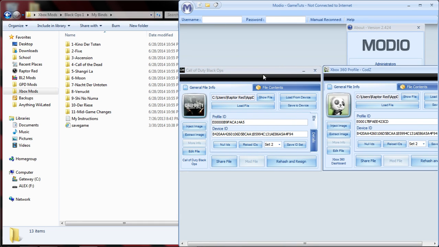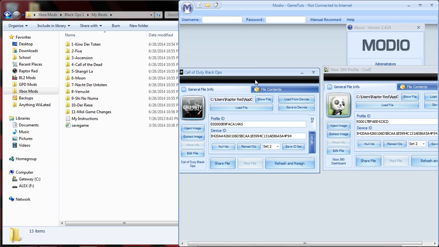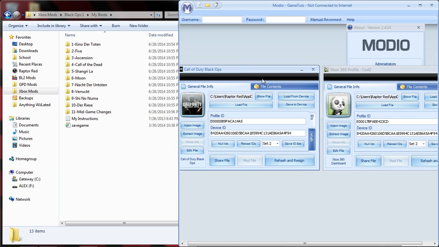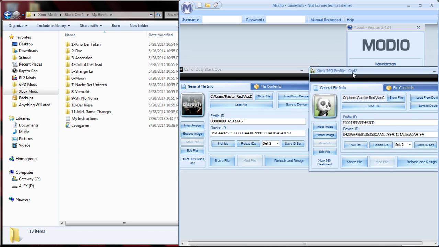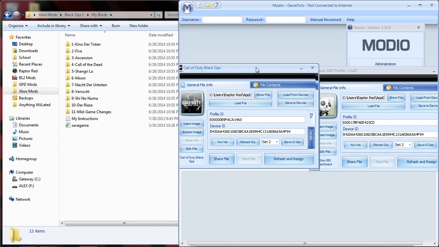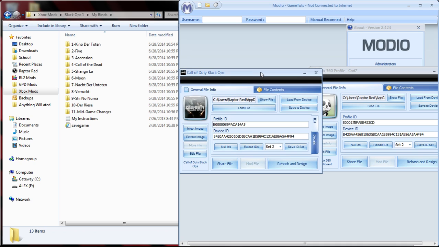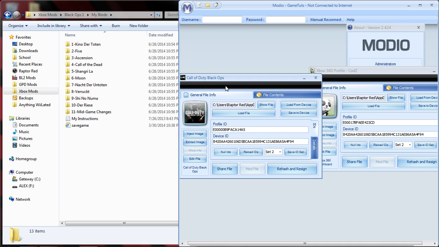So on the left is the save game that you copied over from your main account. And then this is the profile that you created. You can double check, it'll say the name right here. And then, yeah, so on the first profile, save game,